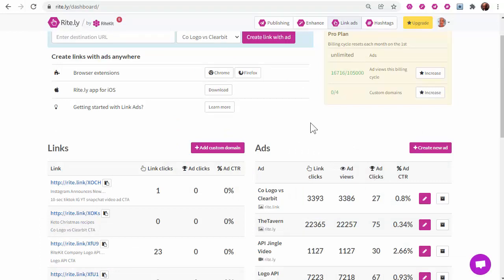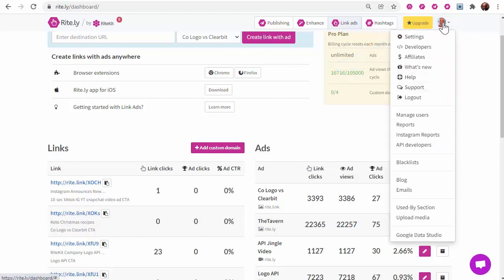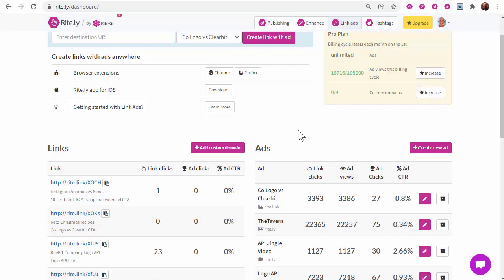So to get set up, what you want to do is add custom domain, hit your avatar, choose help for the help page for setting up custom domains. You'll need to go into your cPanel. You'll need to use probably a subdomain of a domain you're paying for, something that isn't doing anything else but Rite. You'll need this for posting to LinkedIn and Facebook, where posts will be rejected with our native Rite link